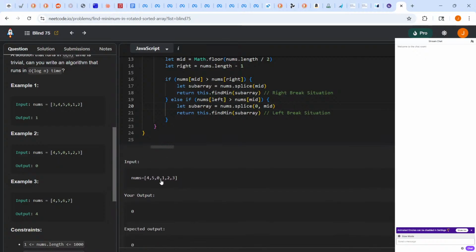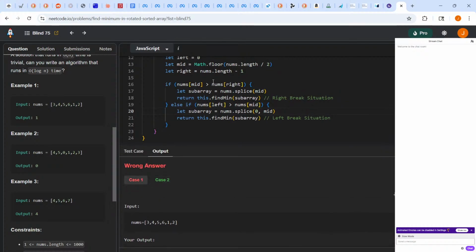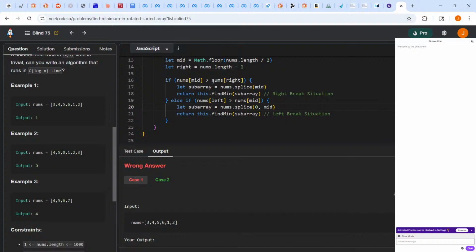This must be some kind of base case. Oh, maybe not. Wow. All right, let's see what's happening here. So this has 6 items. Floor of the half of that is 3. So